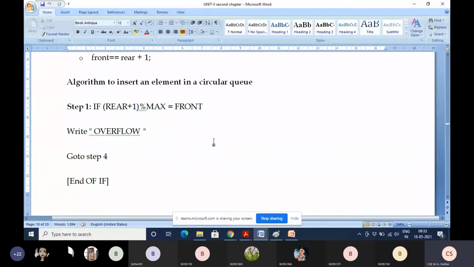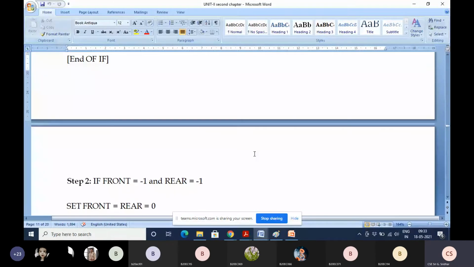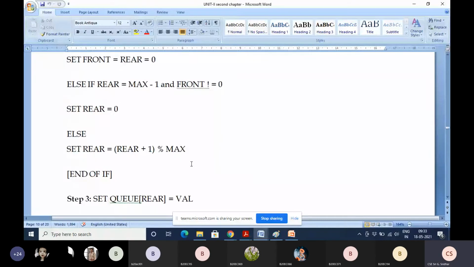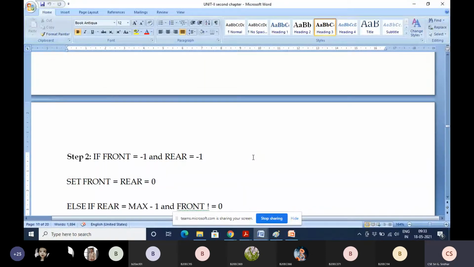Then you have to display overflow, then go to step 4, which is exit. Otherwise, step 2.